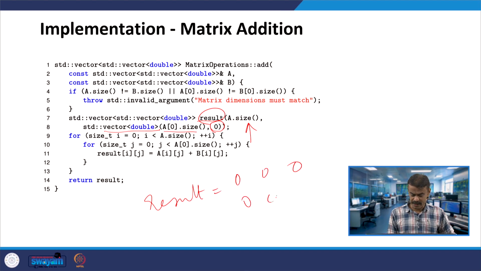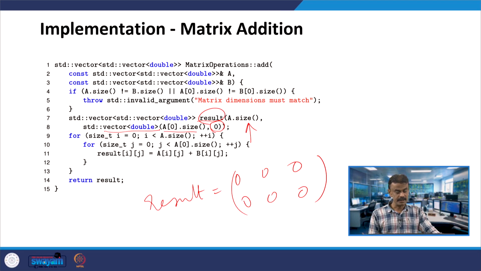Assume both matrices are 2 cross 3, A is also 2 cross 3; initially you are making the result like this. Then you have one for loop running for the rows, A dot size, and A0 dot size for the columns.